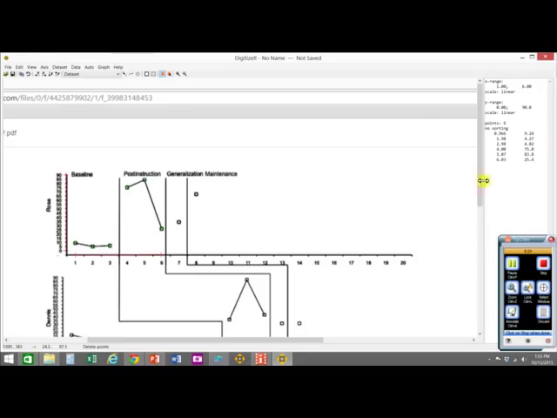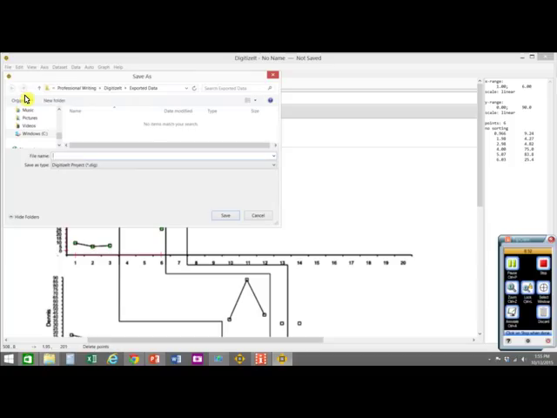Now that you have your data points over here, what I'm going to have to do is save my project. So I'm going to go to Save Project As. This is going to just save the actual graph with these points on it and with your axis drawn on it. So I'm going to navigate to the folder that I created,